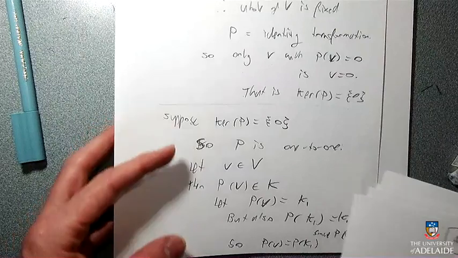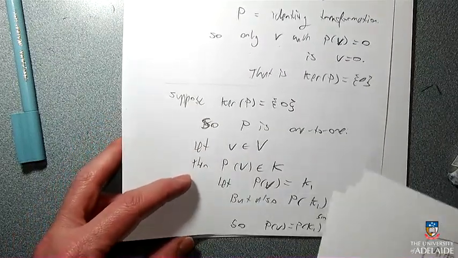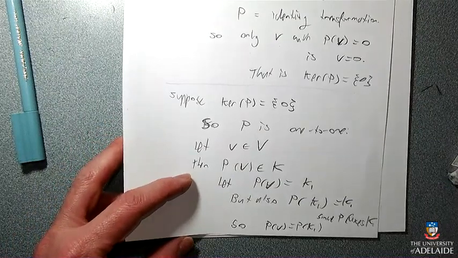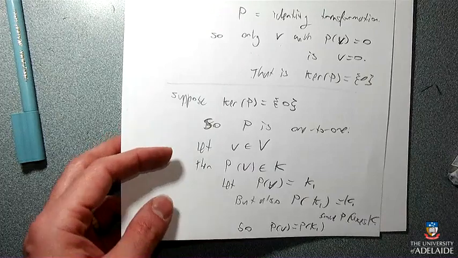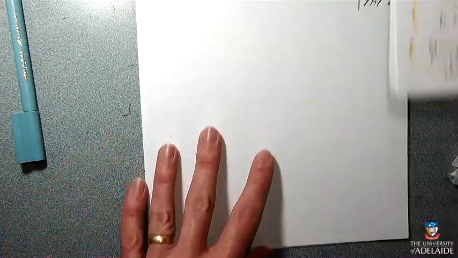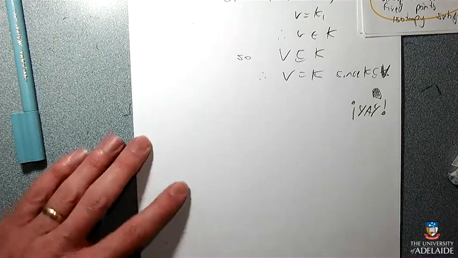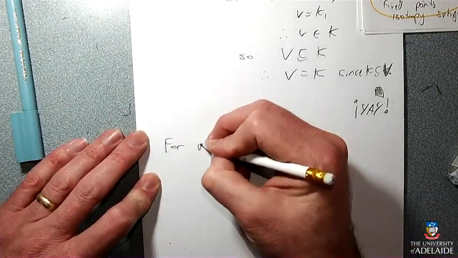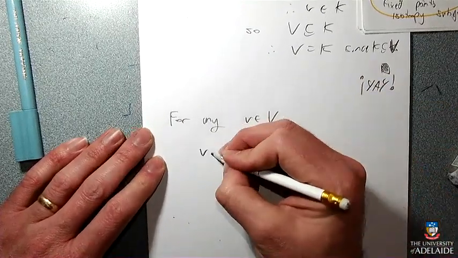So I could probably have reused that fact here, actually. Like P of P of v is P of v, and so instead of calling it K1, I could have just left it as P of v in that proof there. It just felt better to give it a name, that's all. Okay, so he said that for any v in the entire of V, v is made of...